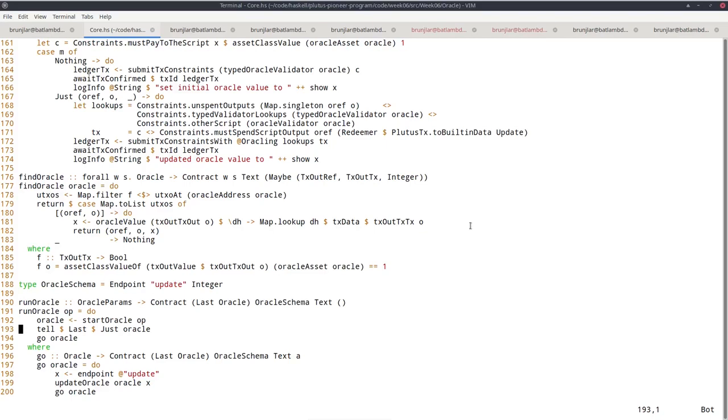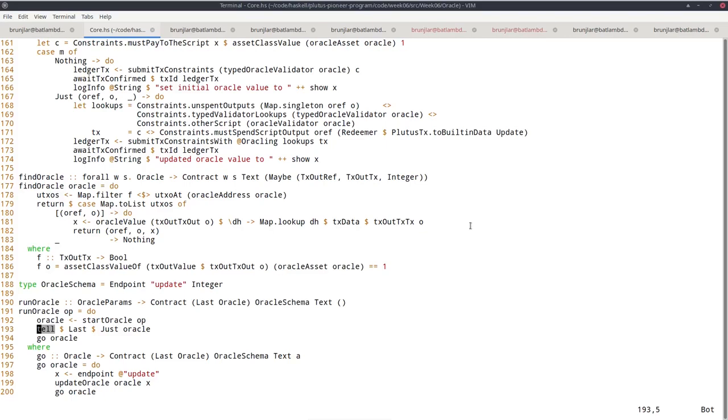And actually in this contract we will only do that once. So at the beginning it will be Last Nothing, and then we mint the NFT, we get our, in line 192, we get our Oracle value, and then we tell it. And from that point onward, it will always have that value. So as soon as we have our NFT and have our Oracle value, if other contracts from the outside query the state, they will always get the Just Oracle. So they will be able to discover the value of Oracle.